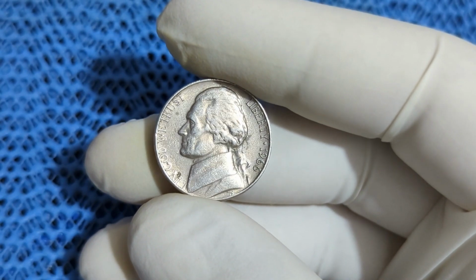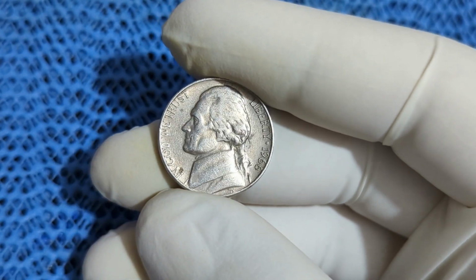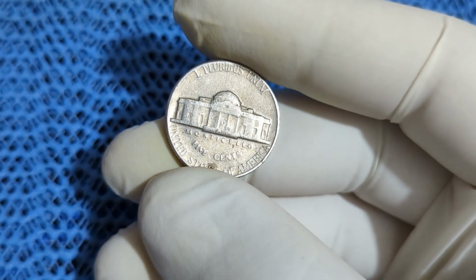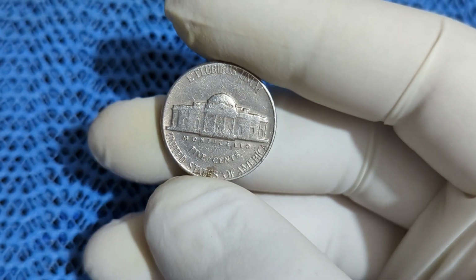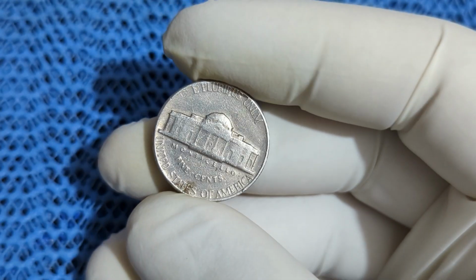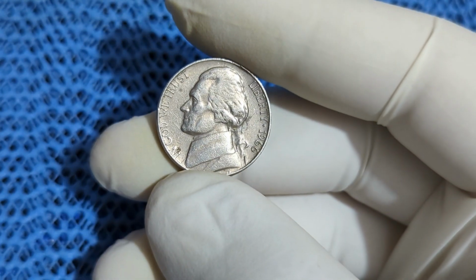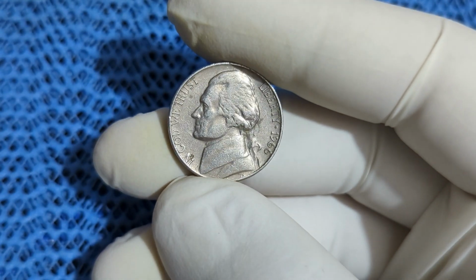Let's move into the heart of today's topic, value. In 2025, the market for Jefferson nickels has matured. While not every coin in this series is extremely valuable, certain dates and grades, especially those tied to historical events or special minting quirks, have grown in demand. The 1966 no-mint mark Jefferson nickel falls into that category of historical intrigue, and here's how the values break down